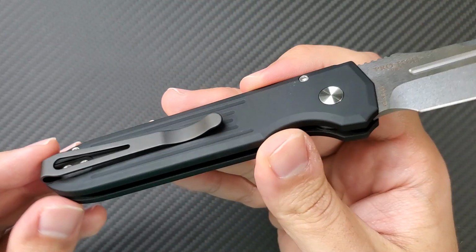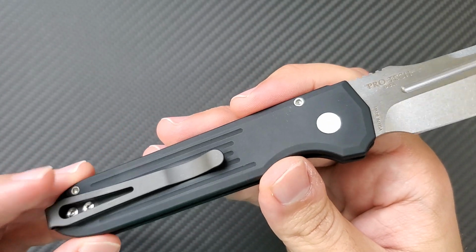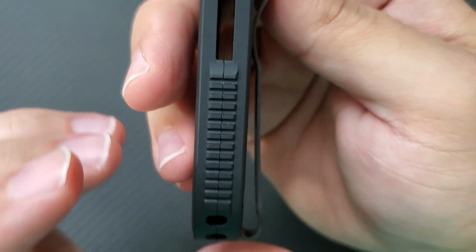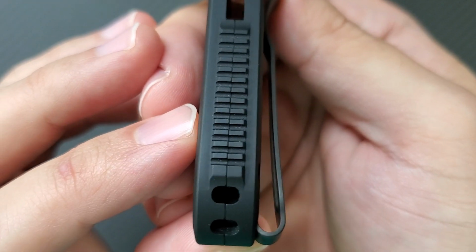On the back, you have those same lines. It does not cause any snagging on the pocket because it's very smooth. The handle is done in a semi-integral type construction. I mentioned this in the Malibu video. Sometimes there is a micron of